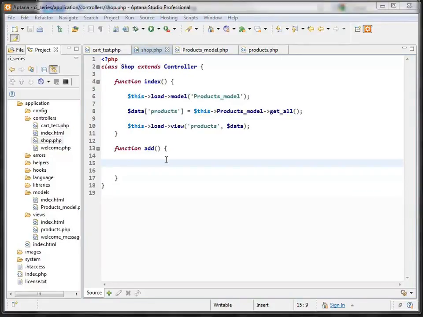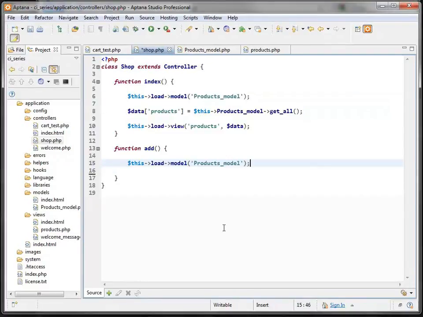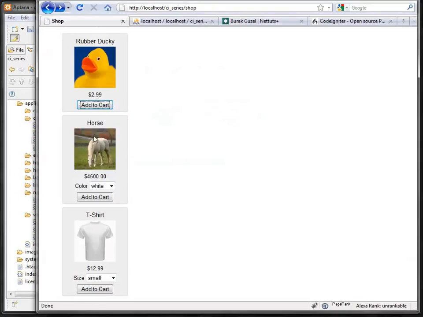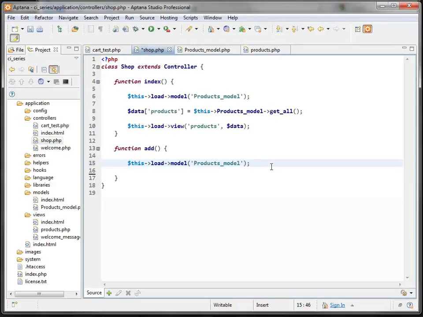Again, I want to utilize this products model, and this time I'm going to use it to get an individual product so that I can add this product's information to the cart. I get the ID number from this form. When you hit add to cart, you get the option and the ID number of the product, but I don't get the name, the pricing, or anything like that. That needs to be fetched from the database. So instead of typing the database query here, I will use the products model